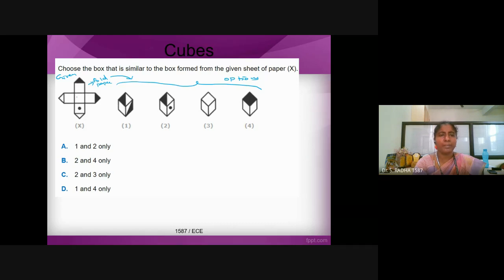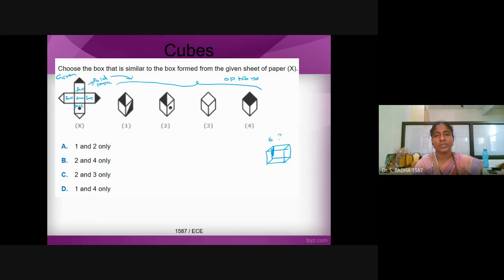this may be the base, bottom or base. When you lift this, it will become a face. This will become a face, this will become a face, and this will become a face. And the other four regions, the top, is cut into four divisions. This is the box, and you have six faces.